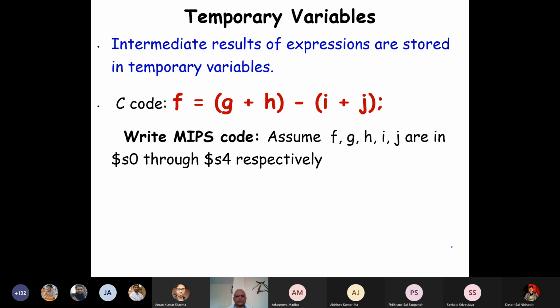We first do G plus H, S1 and S2, store the result in T0, and then do I plus J, S3 and S4, store in temporary T1, and then use the temporary registers, T0 minus T1, and store in S0. Very good. I can see that many of you have actually done it and written on the chat. Very nice. Now let's go for more complex programming.